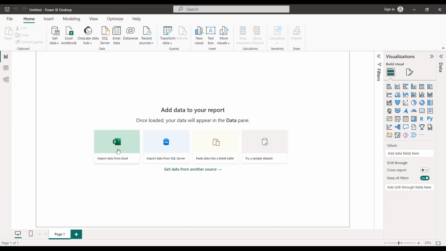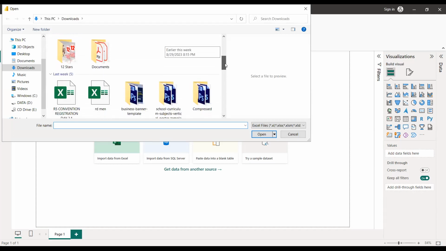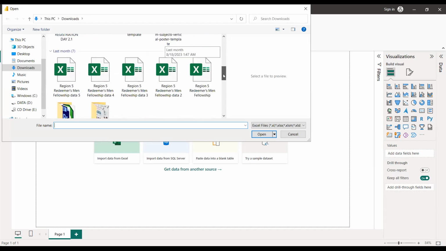Either you click on your dashboard where you have import data from, we can see the mouse pointer, or you come over to the ribbon where you have Excel workbook. You can either click here, import data, or from here. So I've just selected it. I'm going to where the file that we are going to make use of this evening is.